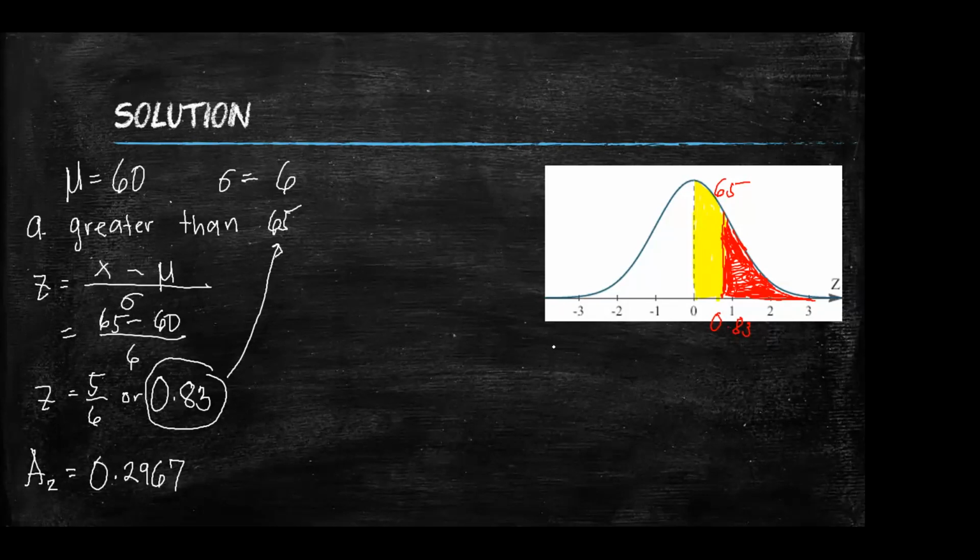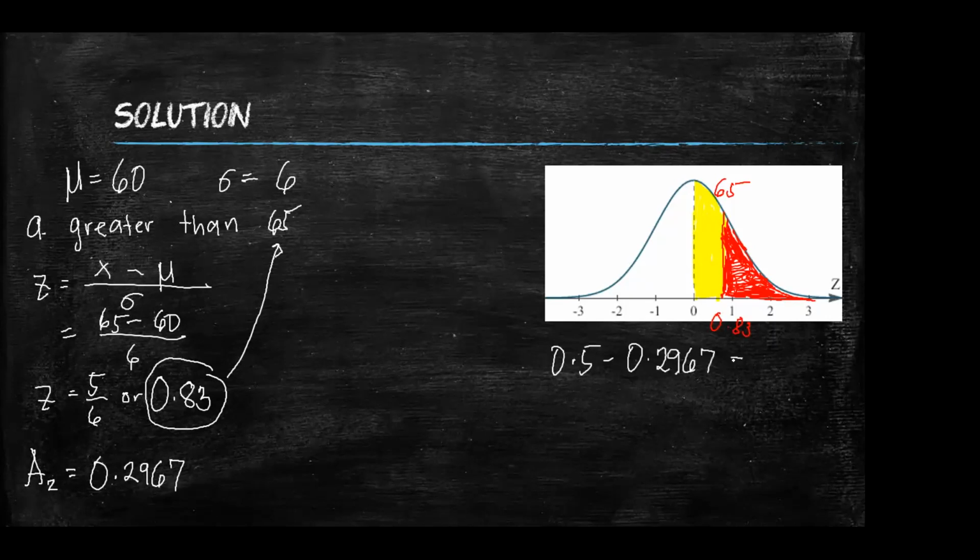Kasi yun yung kalahati. Balik naman tayo sa property. 'Di ba? The normal curve is symmetric. If it's symmetric, it means that we can divide our curve into two equal parts. And the total area under the normal curve is equal to 1. So if we divide that into two regions, we have 0.5. So 0.5 minus yung area ng ating 0.83, which is from 0 to 0.83. Ang area nun is